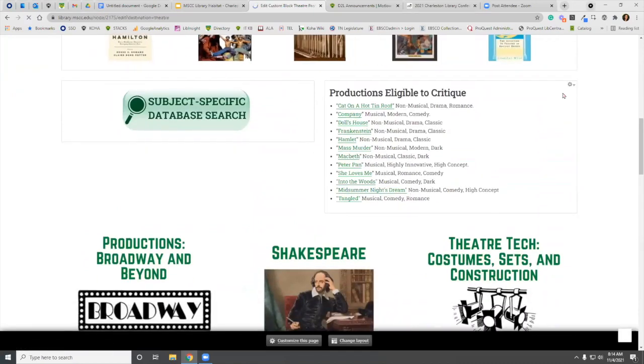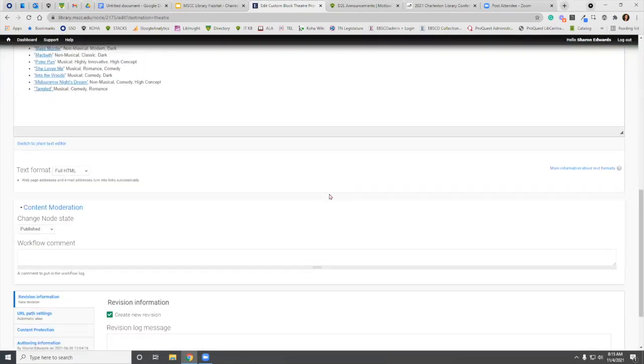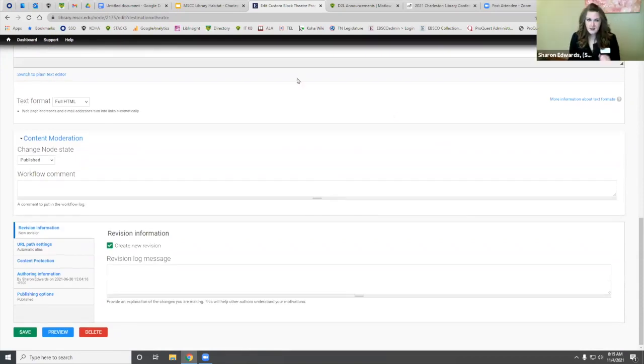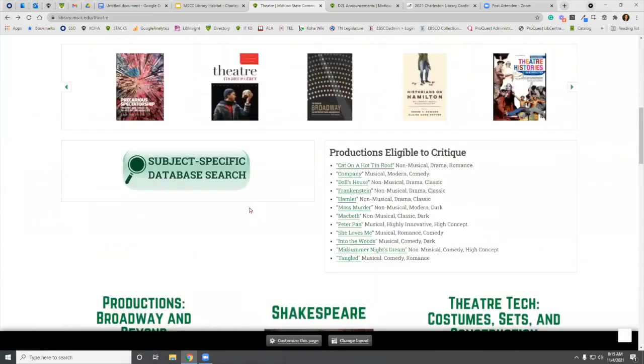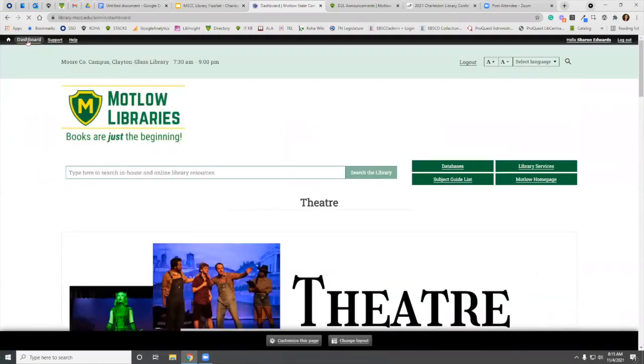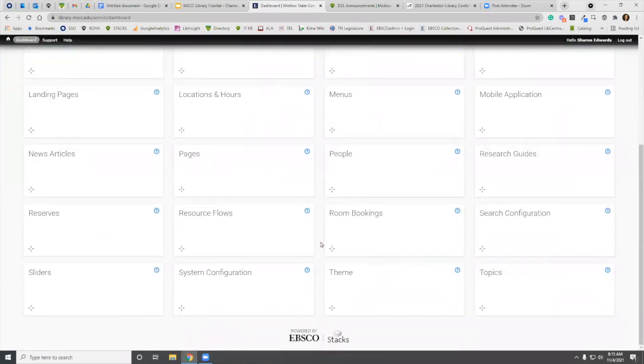And then we've got another question in the other chat. Is it based on Drupal? Yes, it is. However, unlike trying to build a website with Drupal yourself, or WordPress or something similar, everything in that Stacks dashboard is designed for a library and is safe for you to click and to work with. So it's really a no-code Drupal development tool,